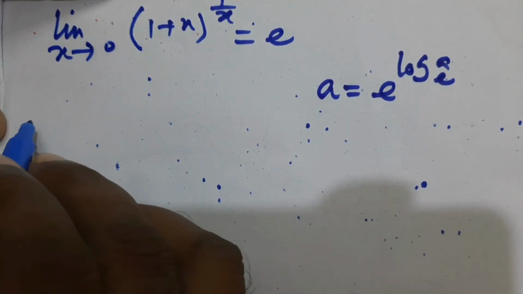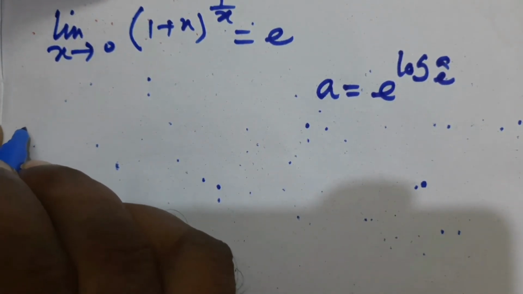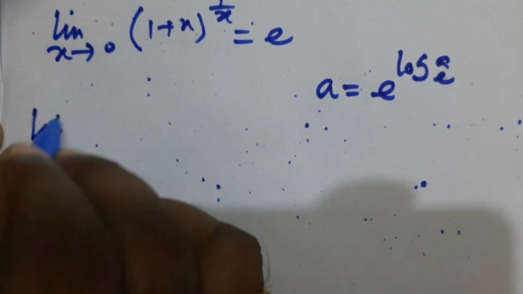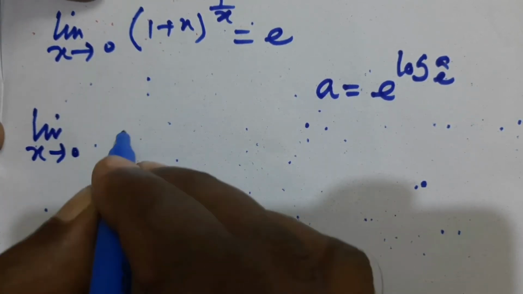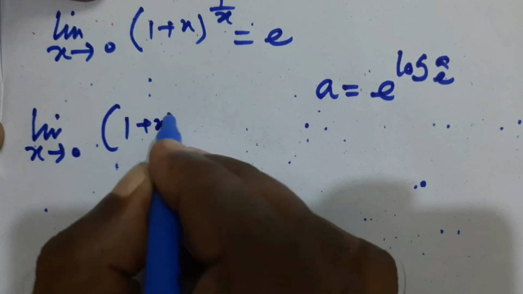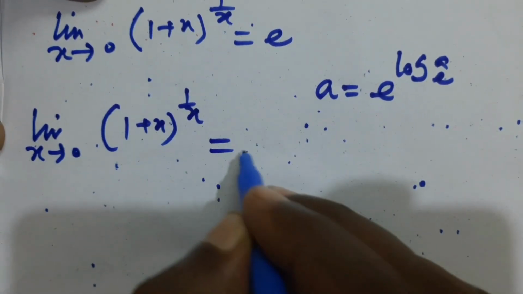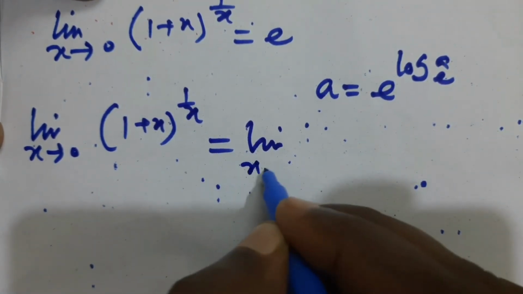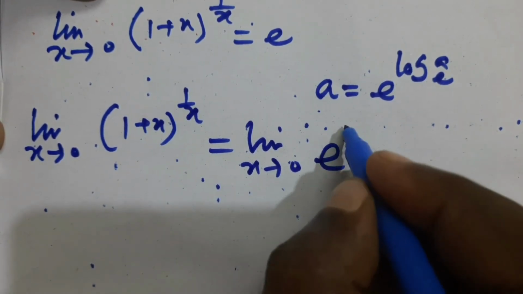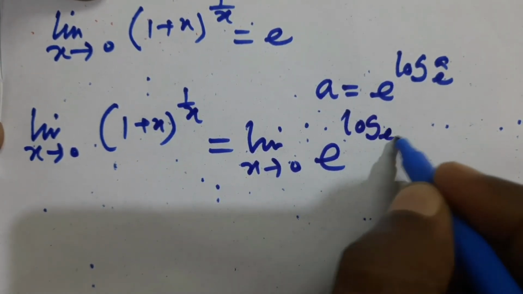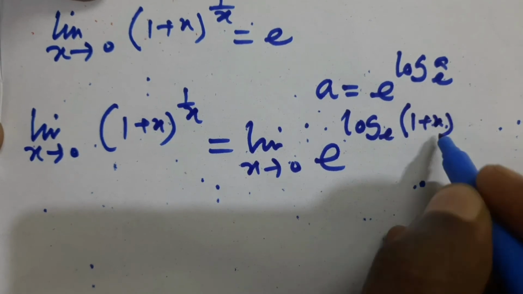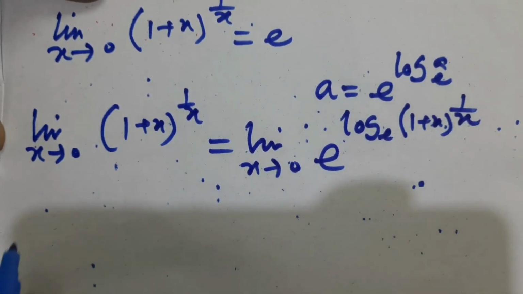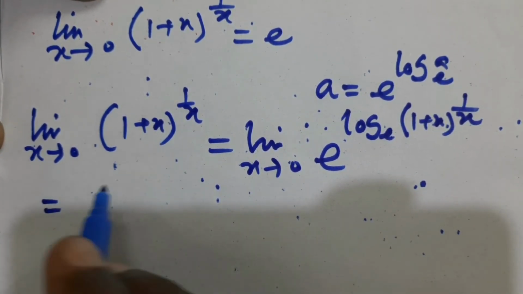So limit x tends to 0, (1 plus x) to the power 1 by x, is limit x tends to 0, e to the power log to the base e of (1 plus x) to the power 1 by x, and that is equal to